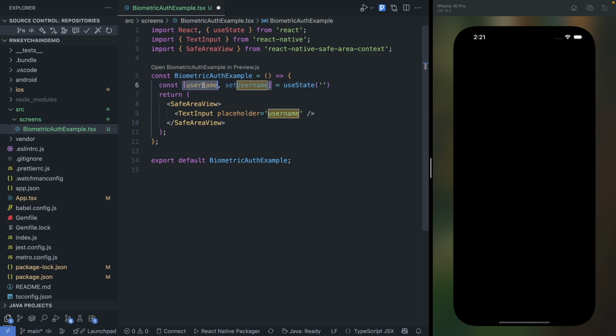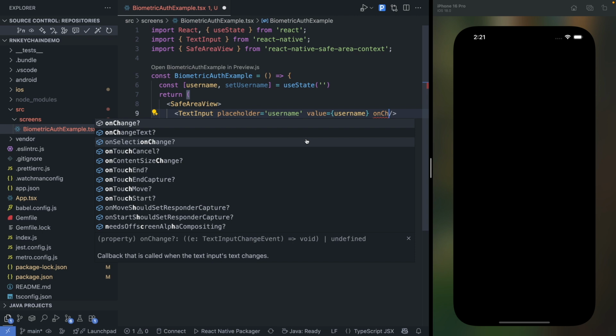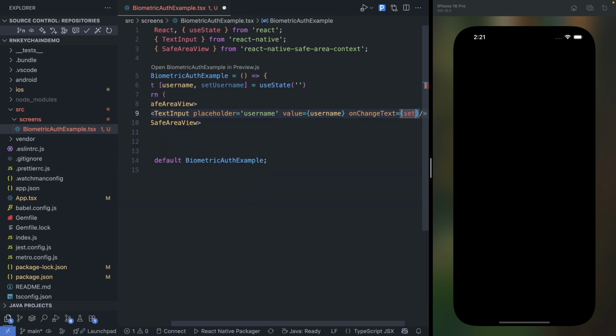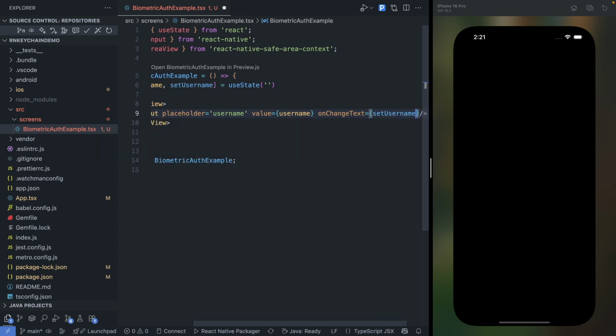Yep, that's all. So in text input, next property I will provide value, and it would be username, and I will provide a function which is on change text, and inside here I will say set username,